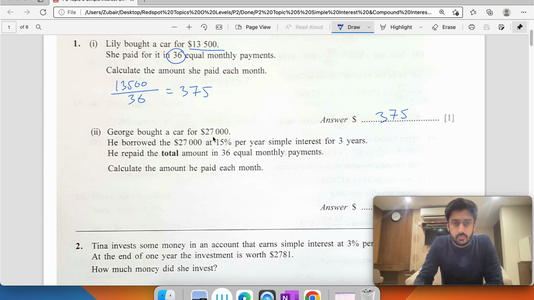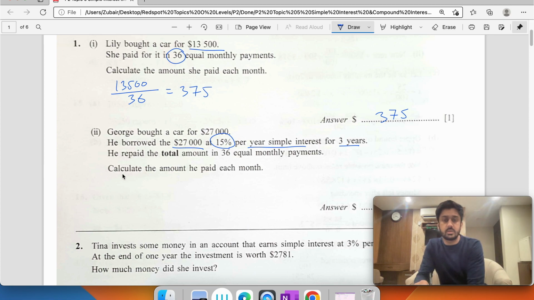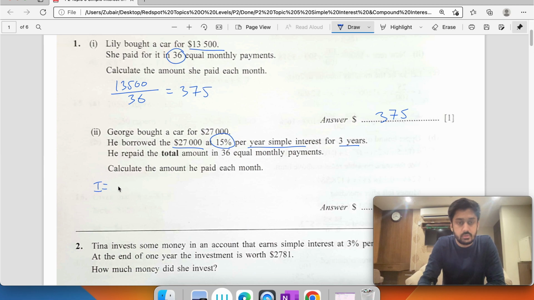George bought a car for 27,000. He borrowed the 27,000 at 15% per year simple interest for 3 years. He repaid the total amount in 36 equal monthly payments. Calculate the amount he paid each month. First of all, he is paying 15% interest. So interest is equal to